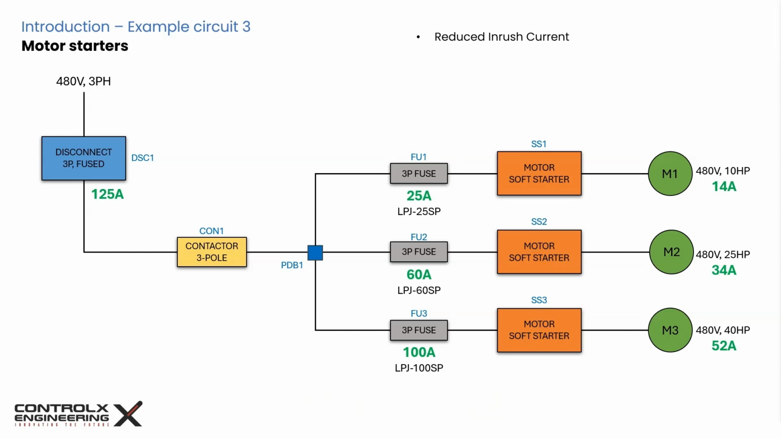reduced inrush current. Instead of applying the full line voltage of 480 volts, a soft starter uses thyristors or SCRs to gradually increase the voltage to the motor. A standard across the line motor connection can cause an inrush current of up to 800% of FLC. Soft starters limit the inrush current down to 150% to 300% of FLC, avoiding voltage dips that can impact other